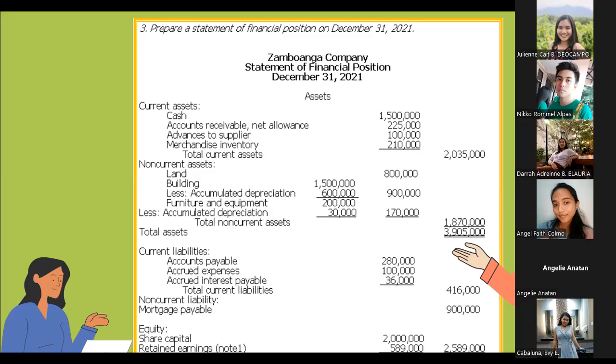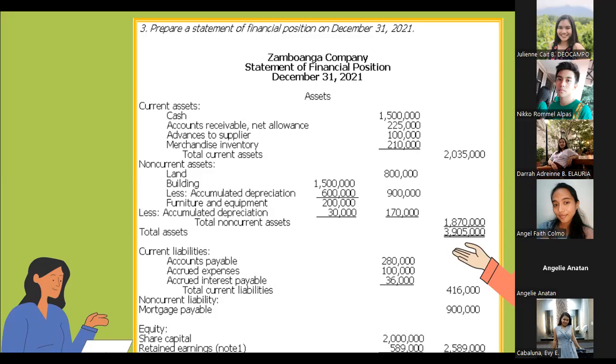So the total of non-current asset is 800,000 plus 900,000 plus 170,000, equals 1,870,000. Total assets would be 2,035,000 current asset plus the non-current asset 1,870,000, equals